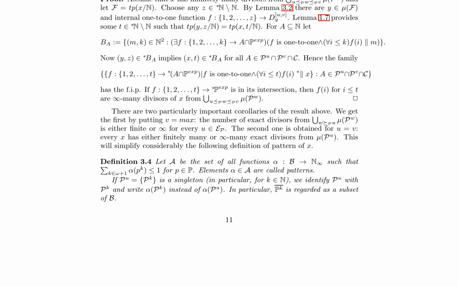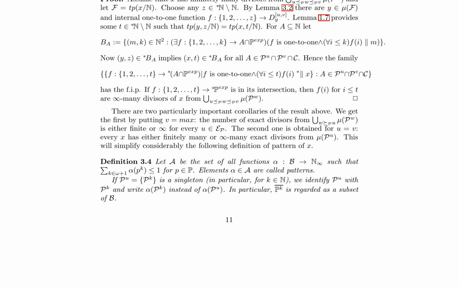When P is a singleton, it is identified with pk and written as alpha pk, treating pk as a subset of B. The research aims to explore the properties of nonstandard models of Peano arithmetic, particularly in terms of exact divisors and their relationship with subsets of natural numbers. The findings contribute to a deeper understanding of these models and their potential applications in various areas of mathematics and